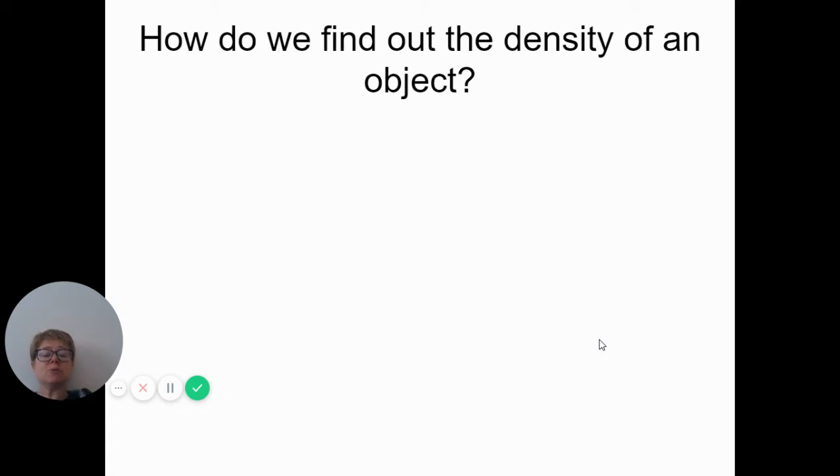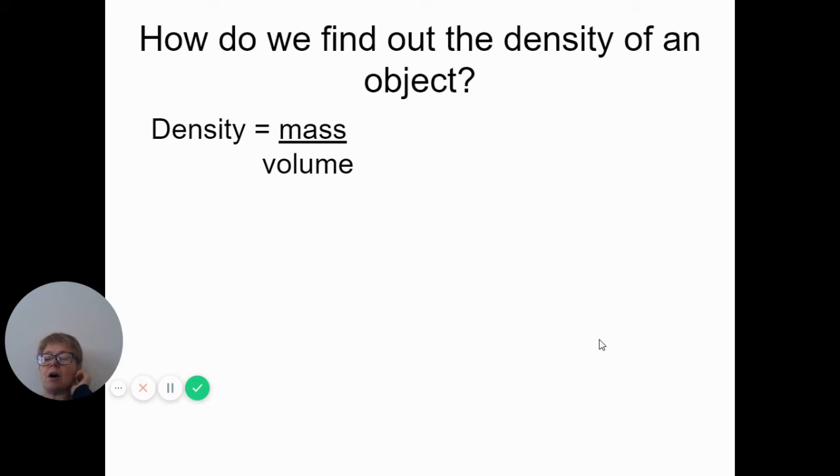Okay, so how do we find out the density of an object? Well, density can be calculated if we know the mass of an object, which we find by sticking it on some scales, and the volume of an object, so how much space it takes up. I'm not going to go into how we measure volume today, but we'll do that at another time. But if we know the mass and the volume, and we do mass divided by volume,